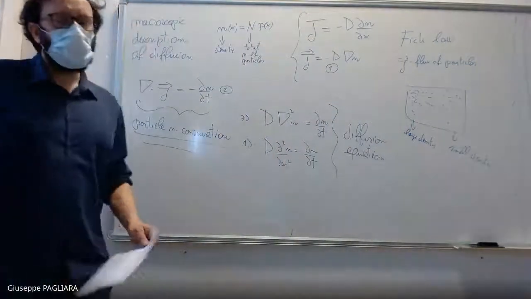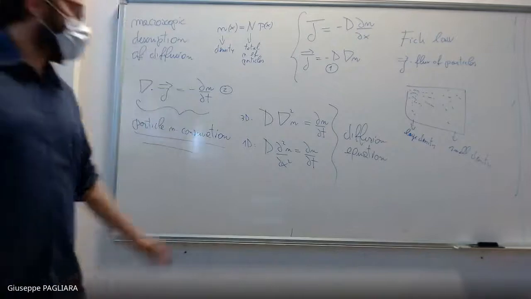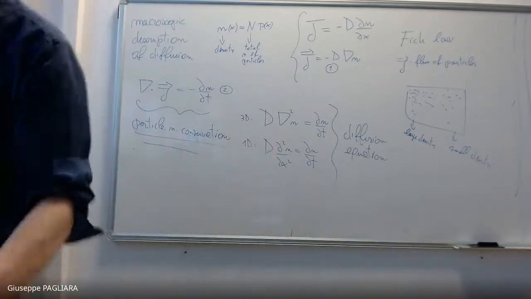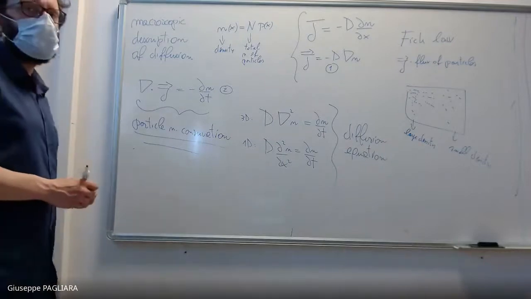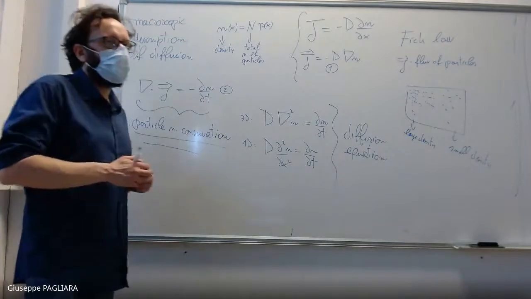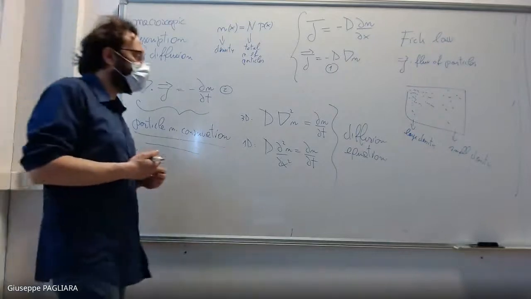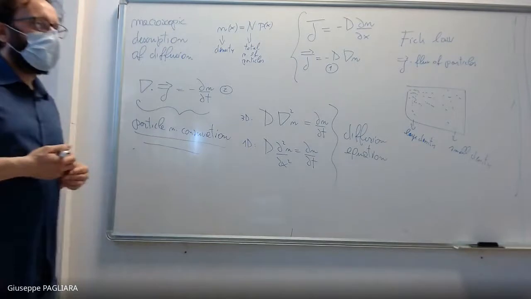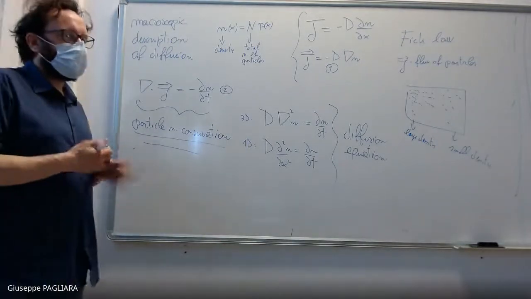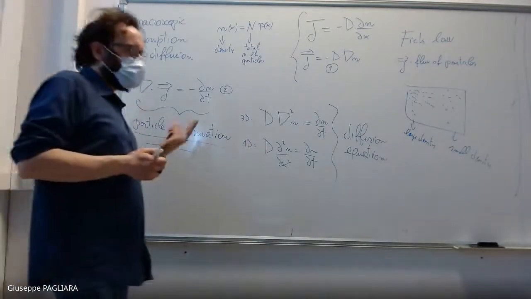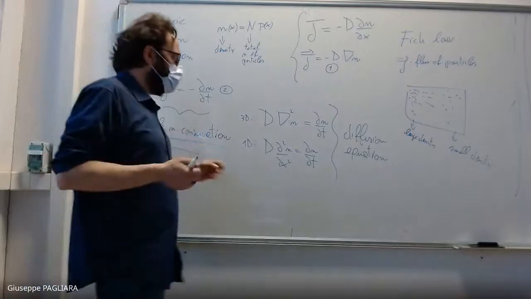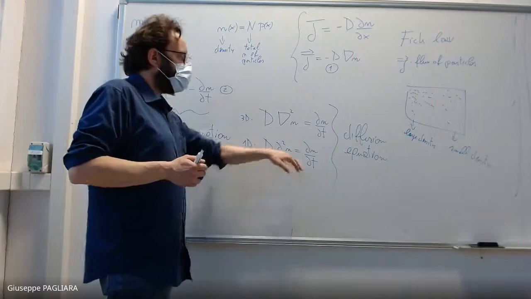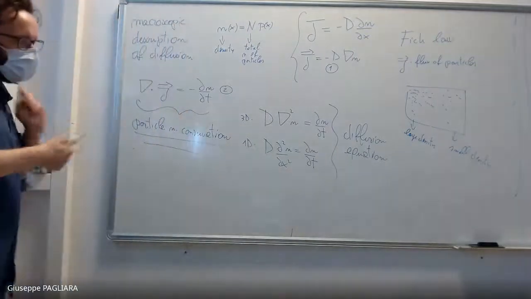In which you see that there is a second derivative with respect to x and a first derivative with respect to t, which makes this process irreversible, in the sense that if you invert time, different from the Klein-Gordon equation, for instance, or from a Dirac equation, in which time and x derivatives appear at the same level, at the same order, whereas here you have one derivative in time and two derivatives in space, and it makes this equation